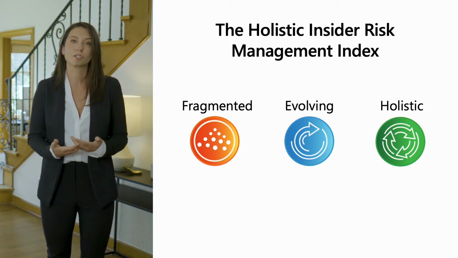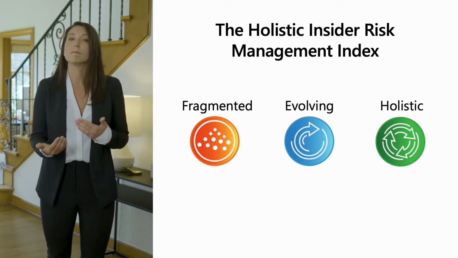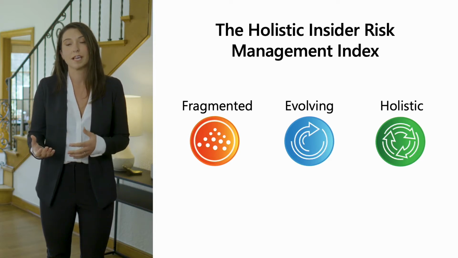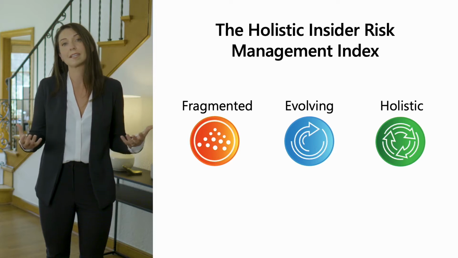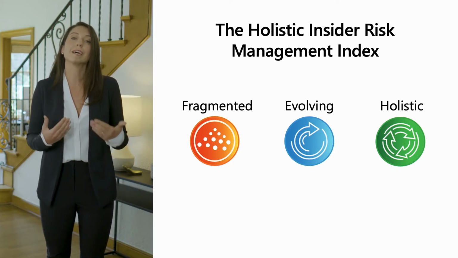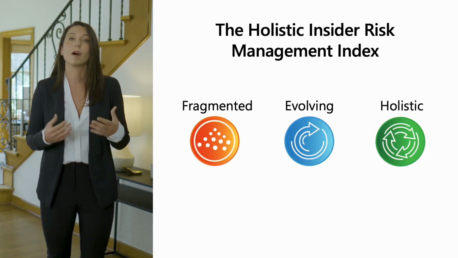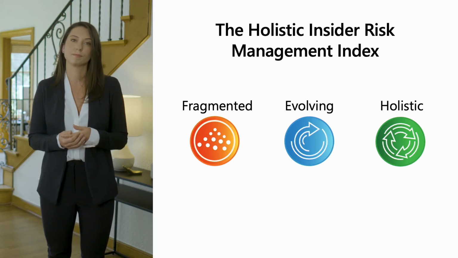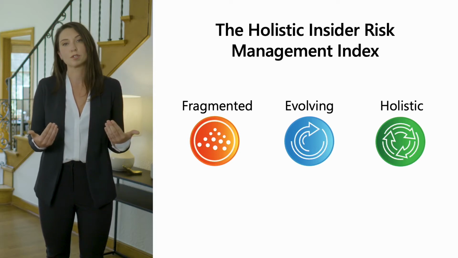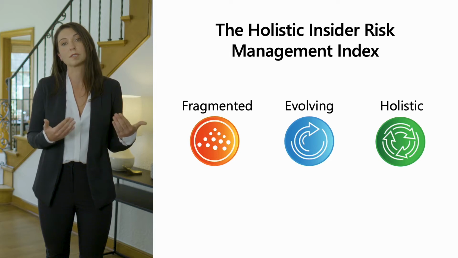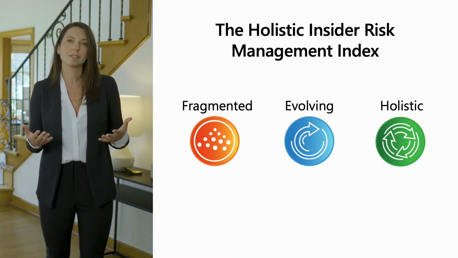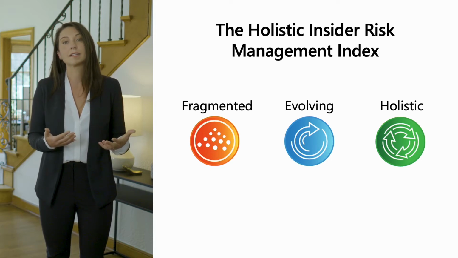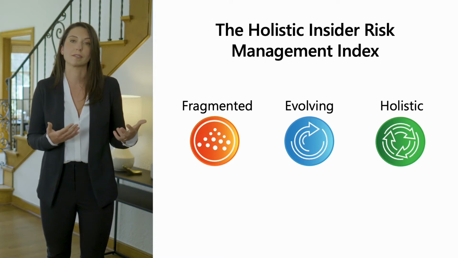A fragmented approach to insider risk means that the organization may recognize a need for addressing risk, but might be misaligned on success measures, and they do not commit large resources or gain company-wide buy-in. They are also less likely to use privacy controls and positive deterrent programs like user training. The next is an evolving one. An organization with an evolving approach may realize the importance of an insider risk program and be on a journey to address these risks, but they need to place greater emphasis on improving the work environment, getting buy-in, and aligning the right tools and training for their organization.